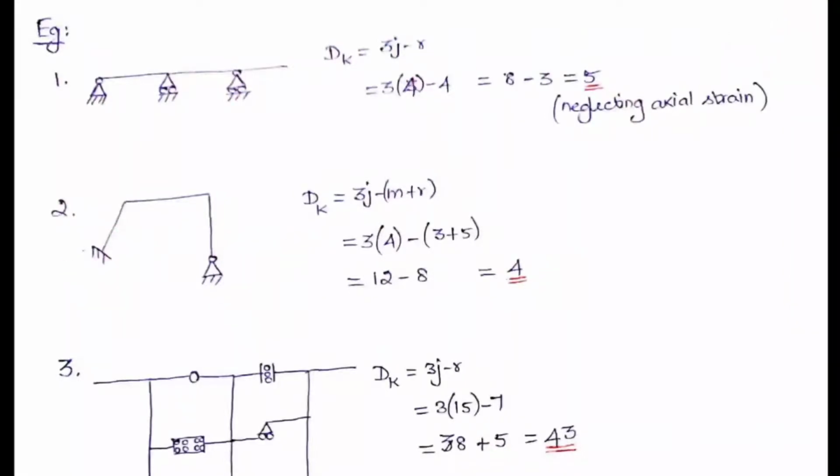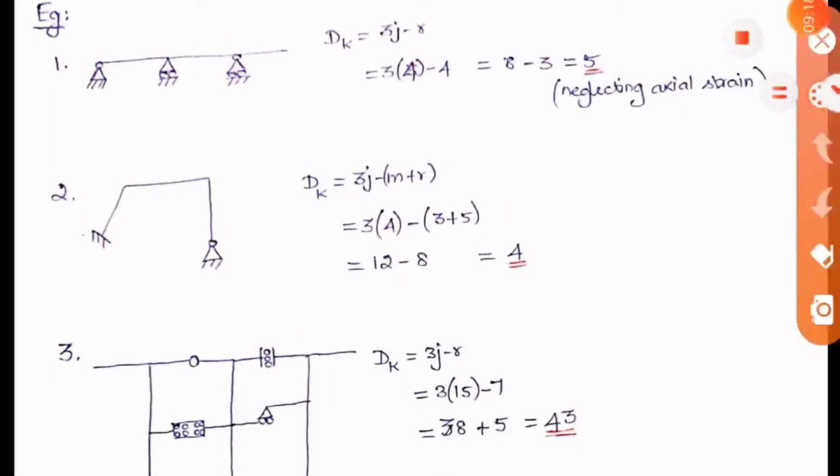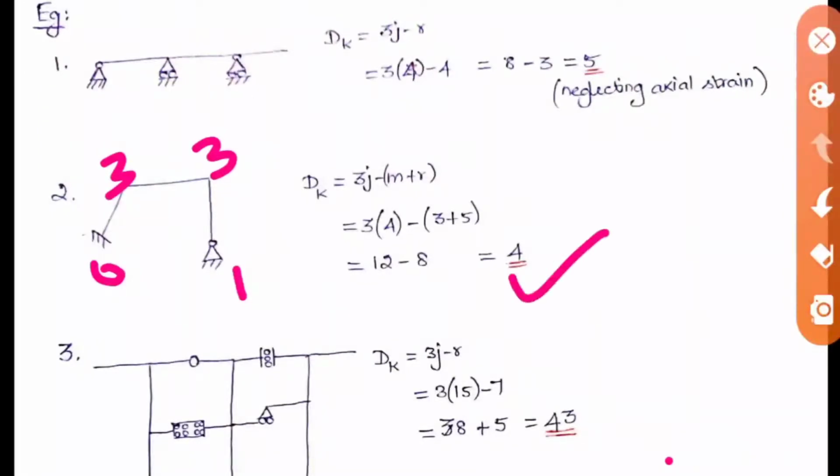Now do the same thing with the direct method. In the fixed support it is 0, and the rigid joints we saw should be 3 each, so here 3 and here 3. In the hinged support the reactions are 2, therefore the degree of freedom is only 1. So 7 will be the answer in case of considering the axial strain. When you subtract the members, which is 3, 7 minus 3, you get 4 as the answer.